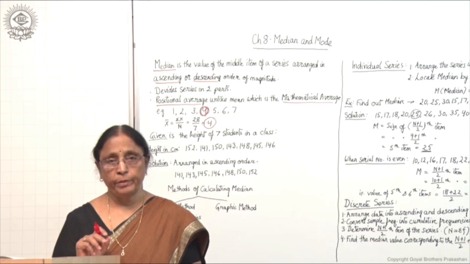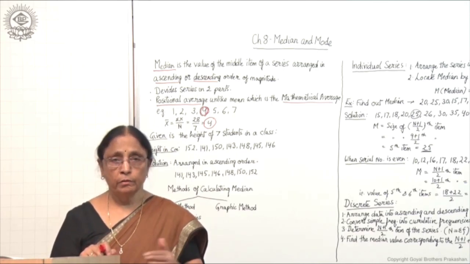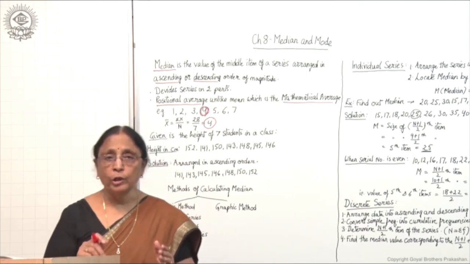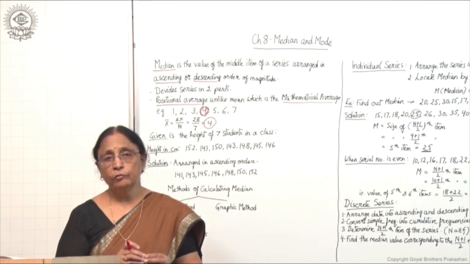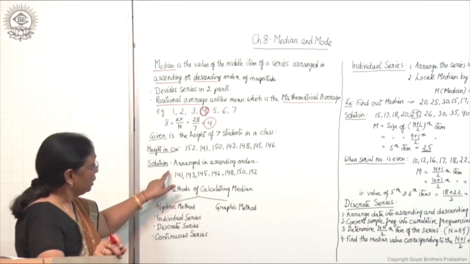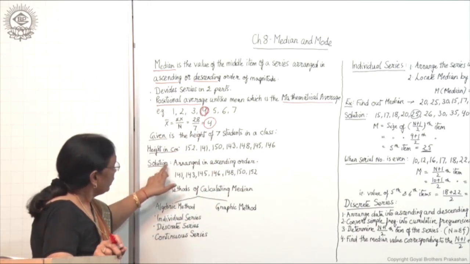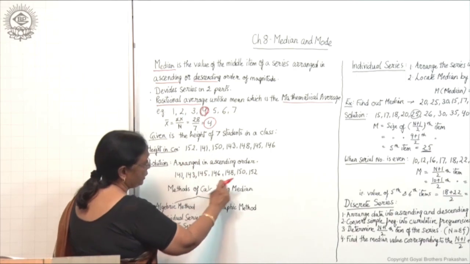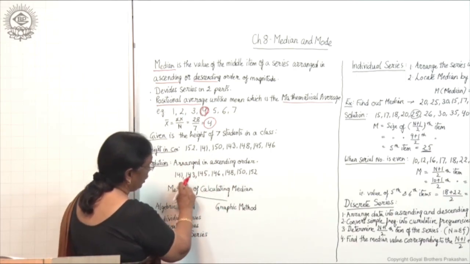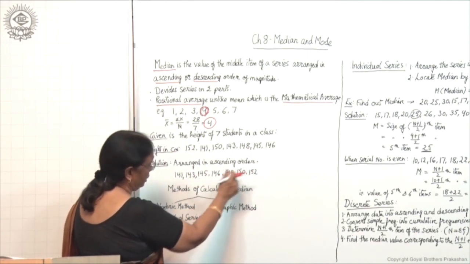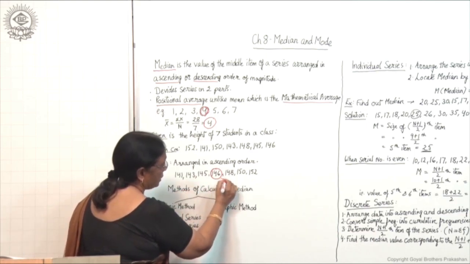This is the first step, whereas in the case of mean, you are not arranging the data in any particular order. Whatever order is given, you calculate mean according to the formula. But in the case of median, you will arrange the data first. So after arranging the data, which is the median over here? You can see 1, 2, 3, 4, 5, 6, 7 are here. Which is the central figure? 146, and this is the median,